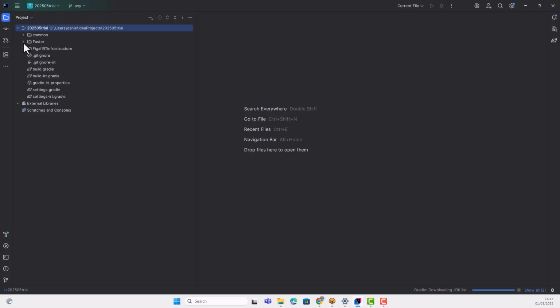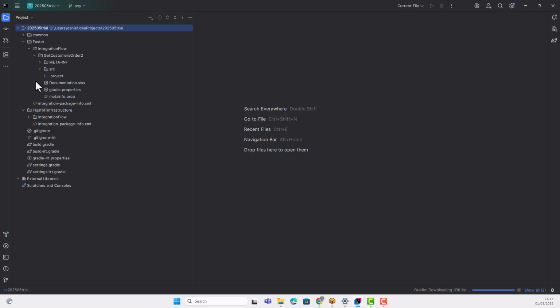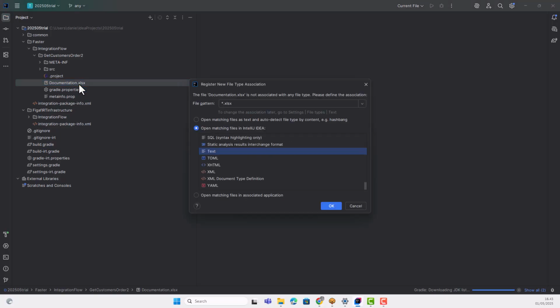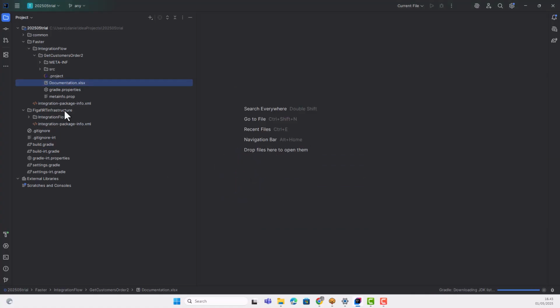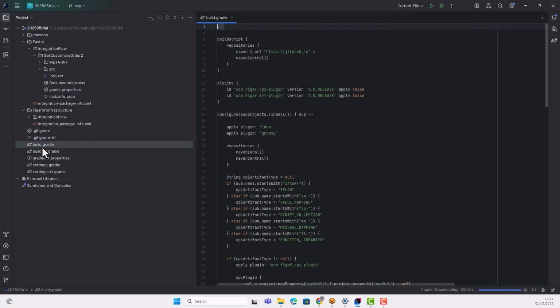So now we can see the structure of this. We can see the different packages we have. We can see a documentation Excel that is being created, which is the documentation for this scenario. I don't have an Excel processor here yet, so it's a pretty new computer. So what we see here is we're getting this Gradle